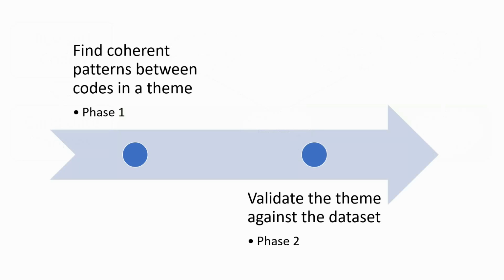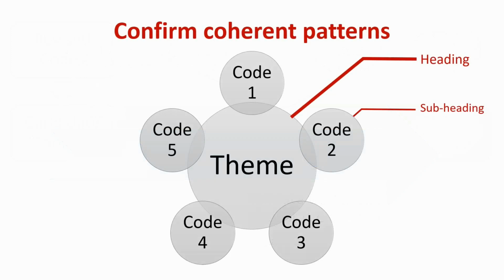To start, let's confirm if the codes in a theme represent a coherent pattern. Read the text you assign to each code and confirm if they belong to the bigger theme. Then establish if each code can be considered a finding, meaning if this code had to be a heading on its own, would it have enough data to support it? Another question you can ask is, does this code have enough data to be considered new knowledge as per the view of your study subjects,